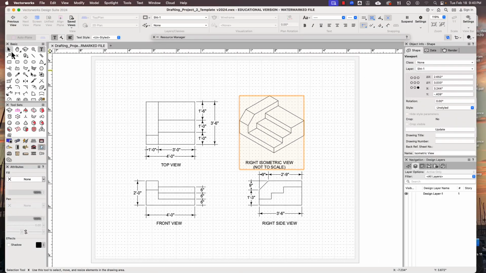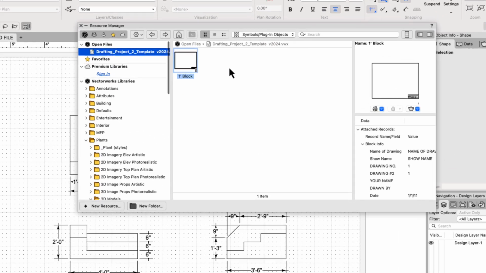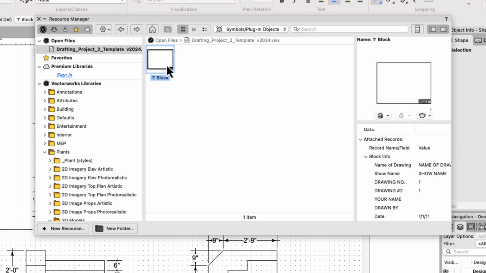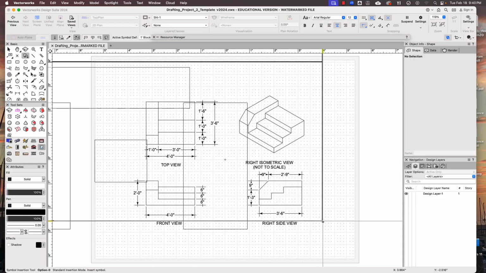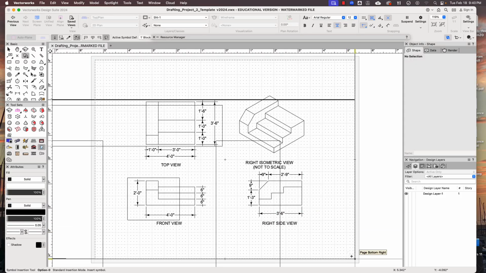All right, so for the most part your drawing is pretty much done. The only thing you have to do now is put a title block on it. So let me show you how to do this. Go to the title block, and you'll see it says 1 inch block. I'm going to double click on this, and what you're going to see, and this is going to freak you out, is that this is really big. You're just going to put it down here in the corner until it kind of snaps on the corner of the page, and click